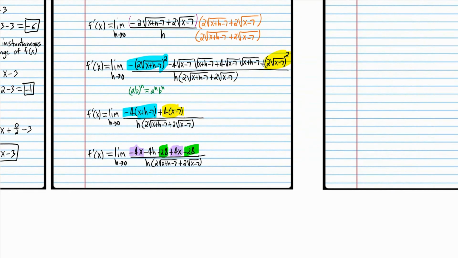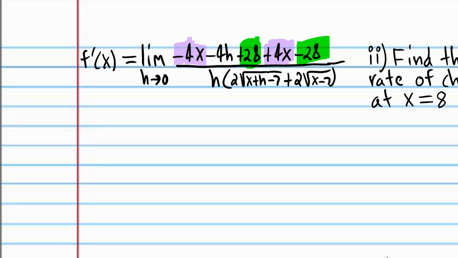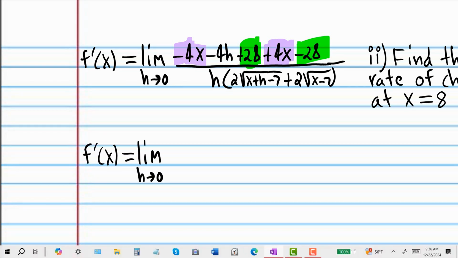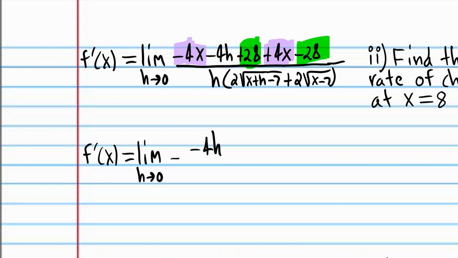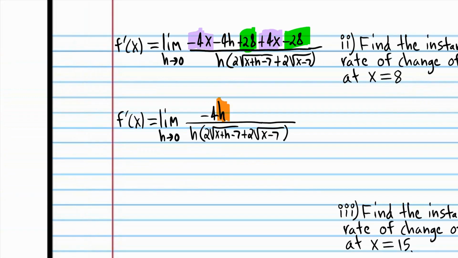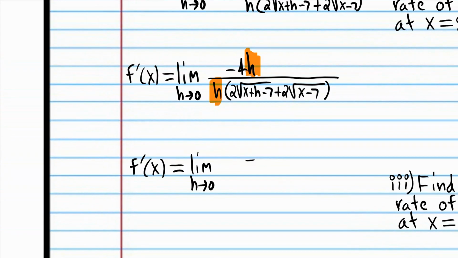So we're kind of out of room on this page, so I'm going to move up to the next page. Okay, so then we're left with -4h in the numerator, and h times 2 root x plus h minus 7 plus 2 root x minus 7, and the h's of course cancel out, and we have -4 over 2 root x plus h minus 7 plus 2 root x minus 7,